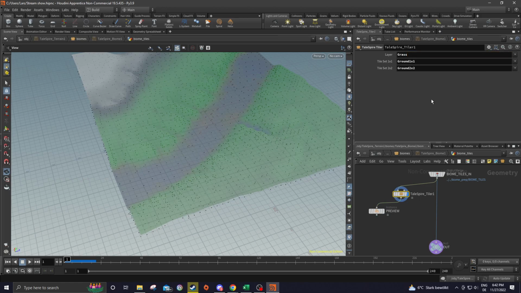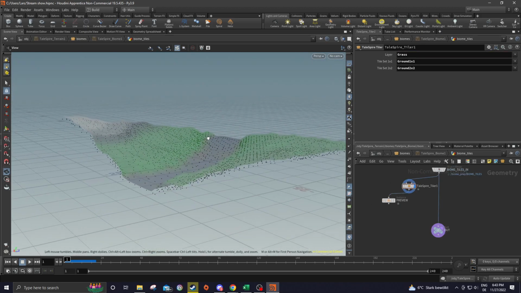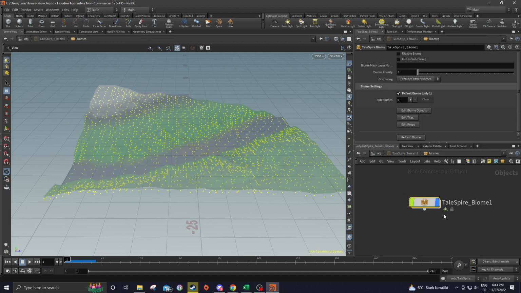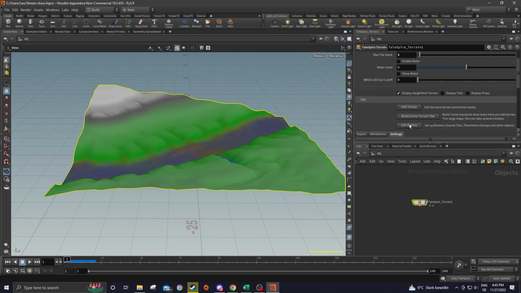Huh. Because normally it only takes the layer grass and it shouldn't find the layer grass, so I don't know why it's displaying everything. But generally we go back to tiles, no, all the way back,